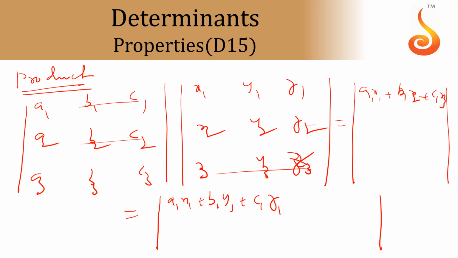Why and how? Because det A transpose equals det A. Suppose I do the transpose of the second determinant. The original way of writing multiplication of matrices is row with column. After doing the transpose, if I do row with column, indirectly you are doing row with row only. So please remember, determinant multiplication you can do with row with row, row with column, column with row, column with column also.